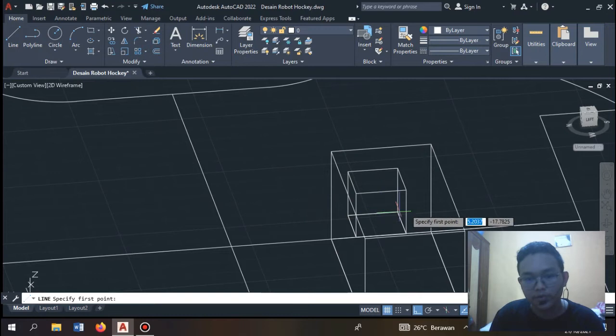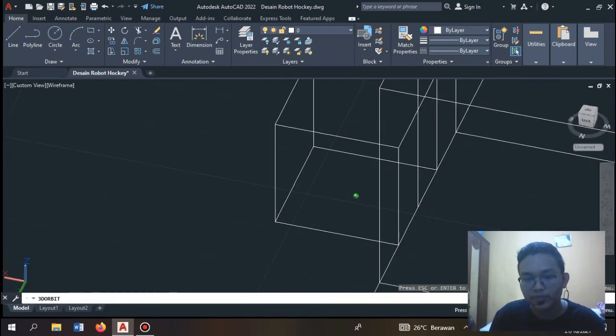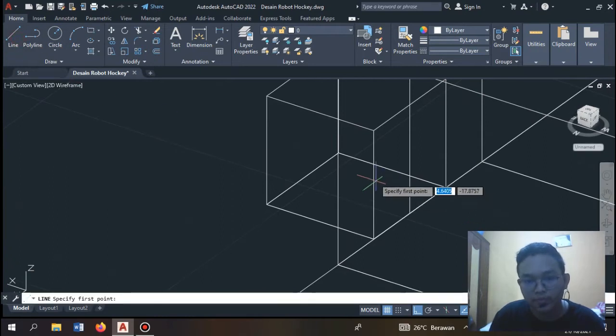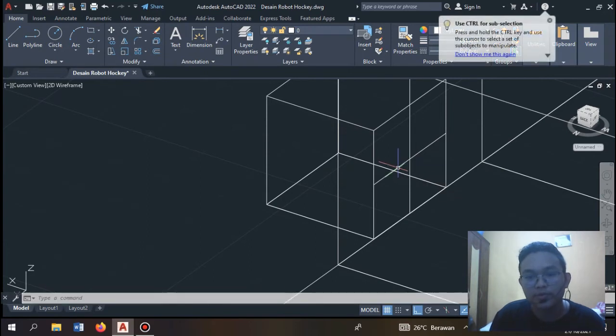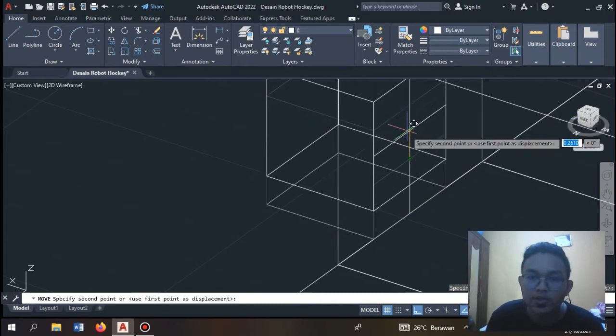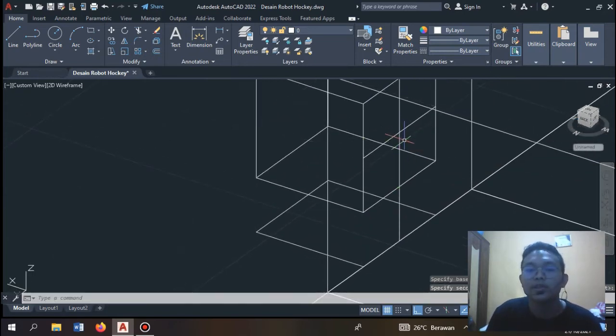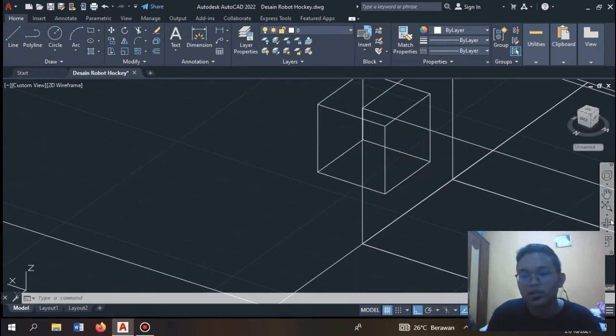And then we build a helper line, so we just move, select the head of dynamo and move it to the center of line, like this. And now we can delete the helper line,